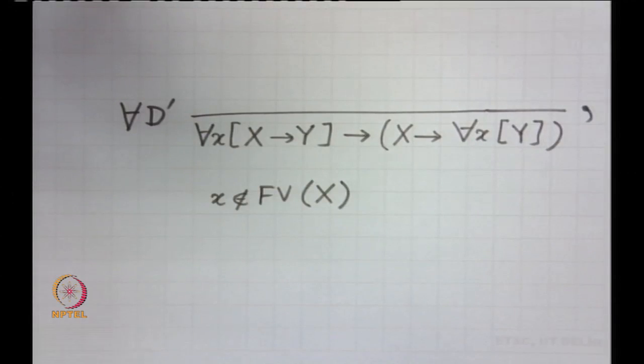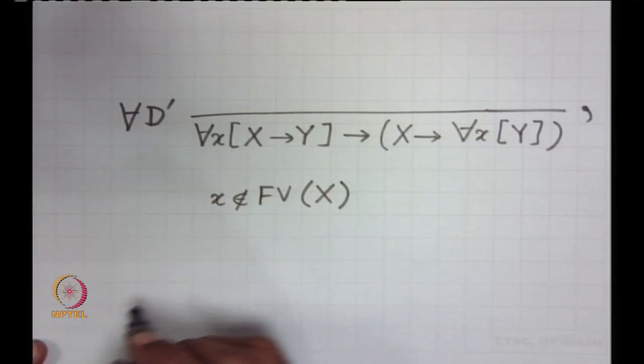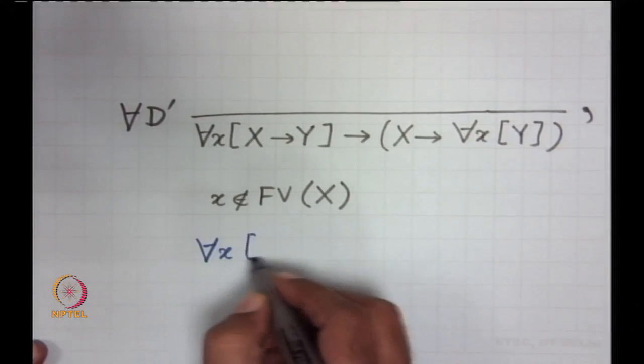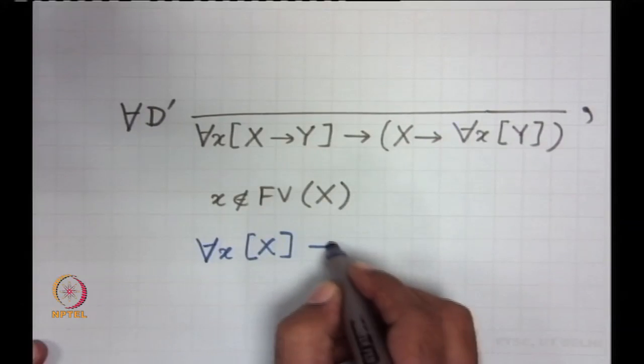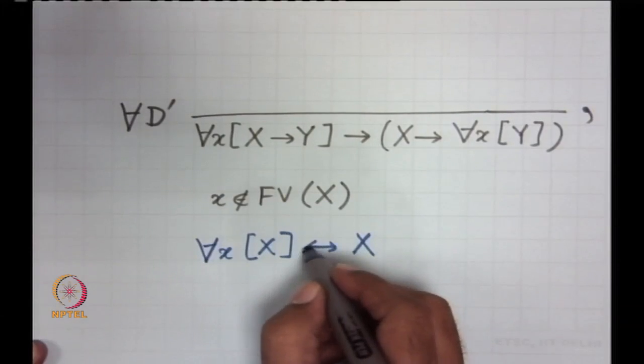But the point is this: if x does not belong to the free variables of x, then it is possible to actually prove that for all x, x implies x. And actually it is possible to prove this,